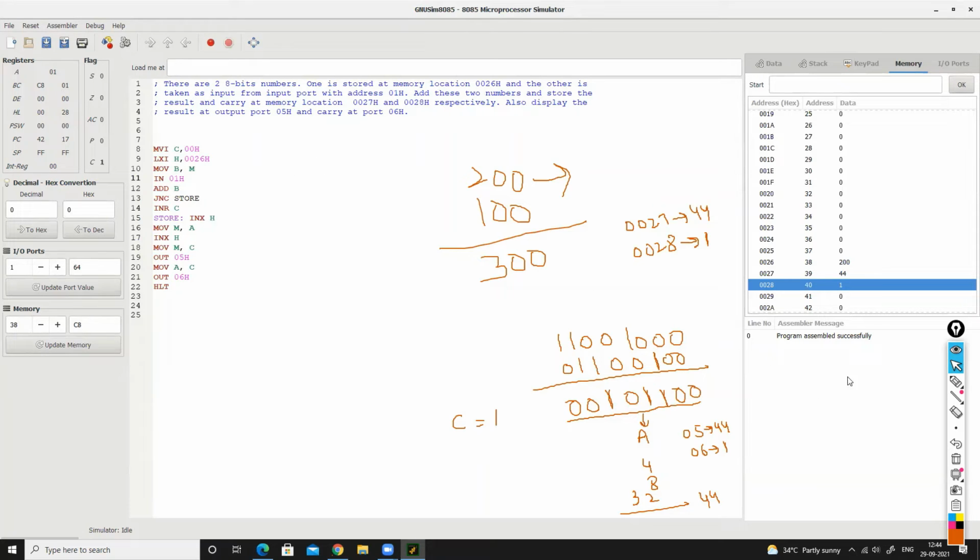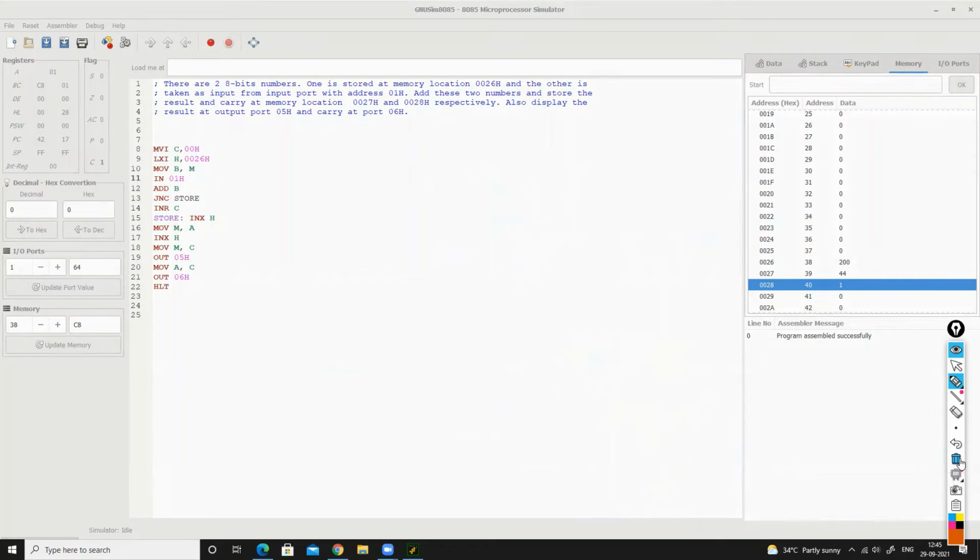Before starting that program, you have to understand that using this program, we are able to understand the different things: how we can transfer from memory to registers, register to register, how we can jump from one location to another location, how to take data from input ports, and how to provide the result as output on the output ports. Okay, so let me wrap this and let's now come to the second program.